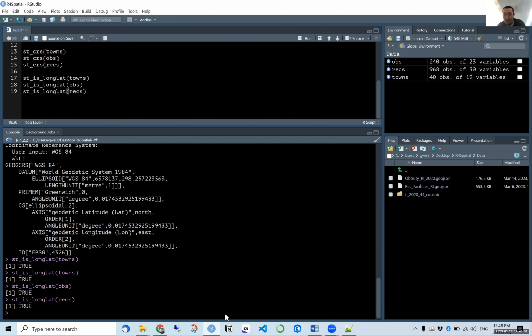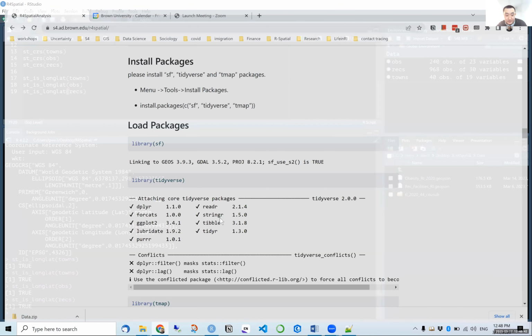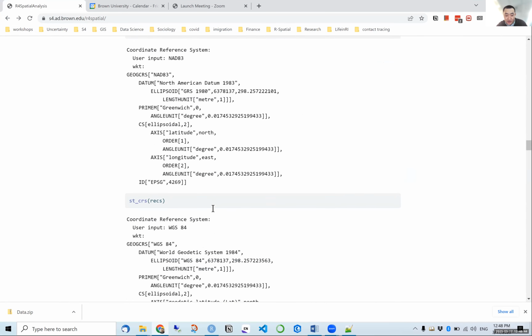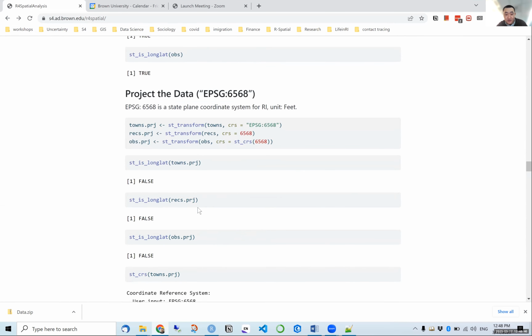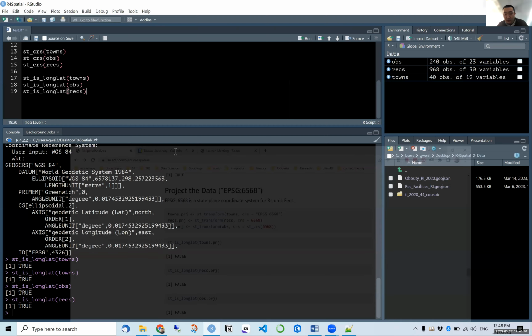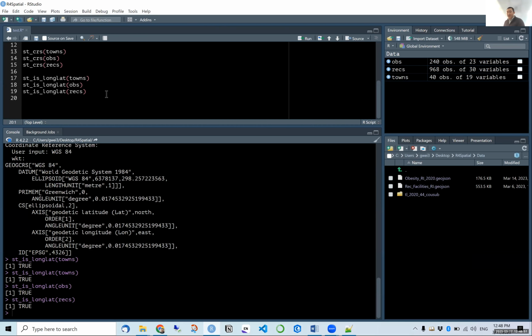Okay. Now, next thing we should do. Since data are not projected, let's turn my data into projected coordinates. We don't want to deal with latitude, longitude, because if your data is using latitude, longitude,